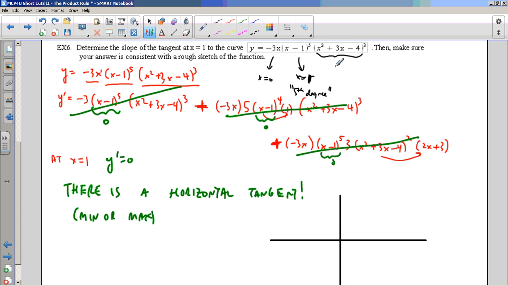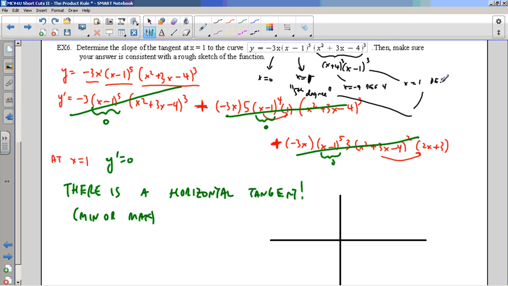This is a quadratic that actually can be factored into x plus 4 and x minus 1. So in fact, this is a cube, and this is a cube. So x equals minus 4 is degree 4. And x equals 1 is actually, there's another 3 there, so there's 8 altogether,